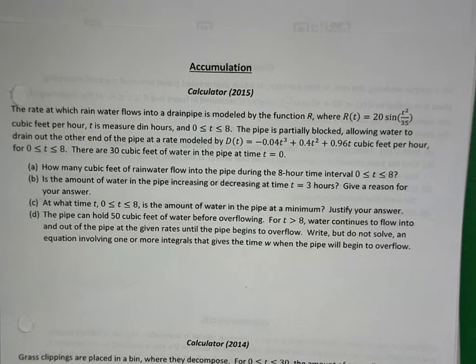So here are two problems that are in what I would call an accumulation style. When we talk about our different categories of free responses, accumulation is one of those categories. So we're going to do the ones that were from 2015 and 2014. So 2015 first. It reads, the rate at which rainwater flows into a drain pipe is modeled by the function